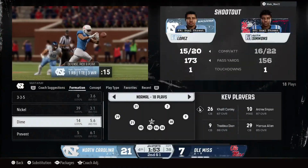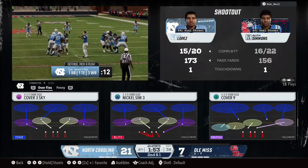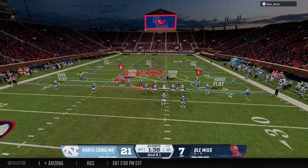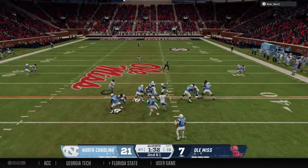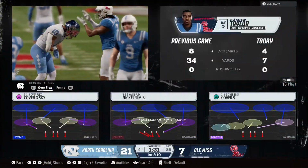Man, it's so important when you play QB. I got to know when to put some air on it, and I got to know when to rocket that thing in there. Work in the middle of the field. He knew he needed the rocket. Threw it in there. Great job. Great catch. From the shotgun, the inside give. And the Rebels get...